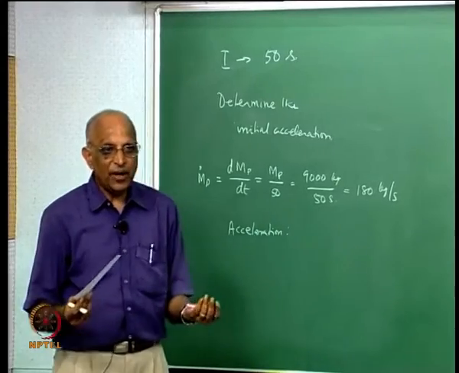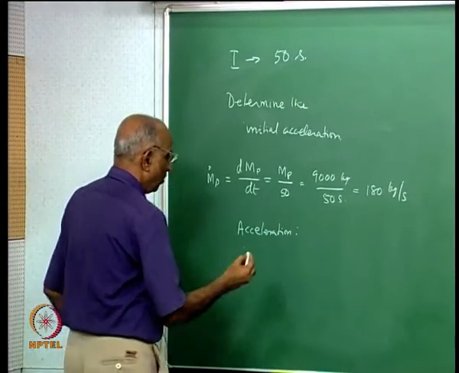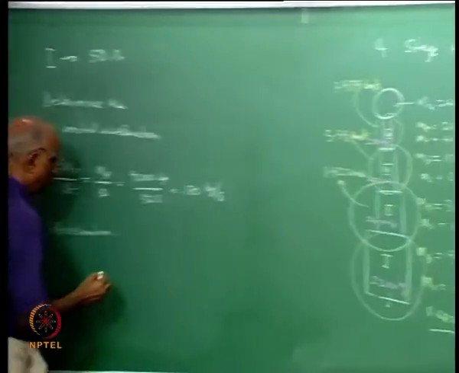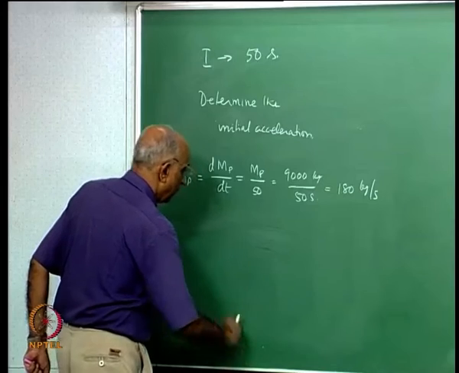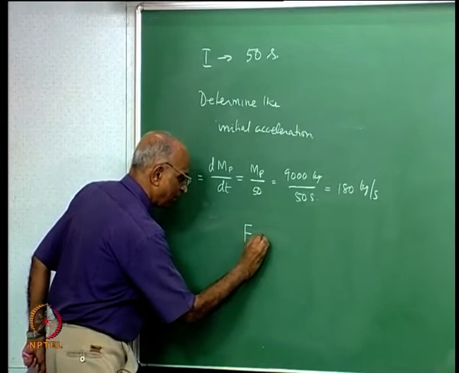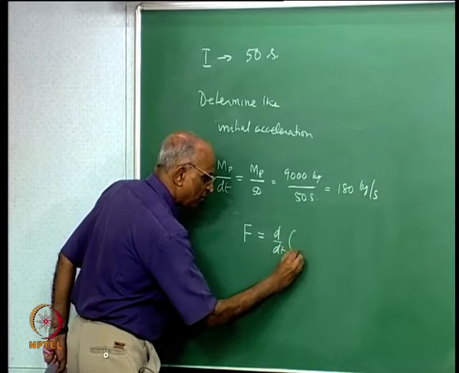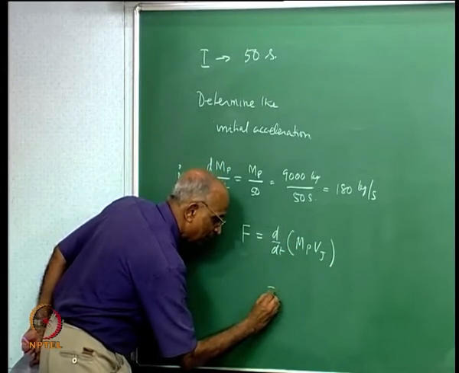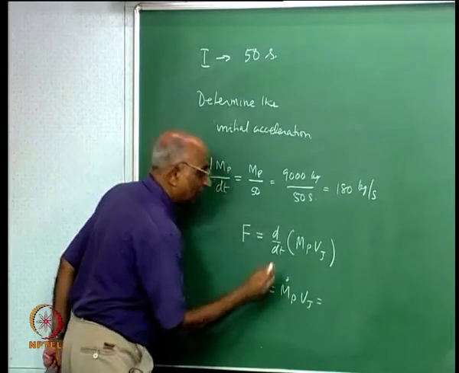To be able to find the acceleration, I need the force. And what is the force? Let us write the expression before I come to the acceleration. The force F which the rocket gives is equal to d by dt of the change of momentum, which is equal to mp dot into Vj, which is equal to, now it is